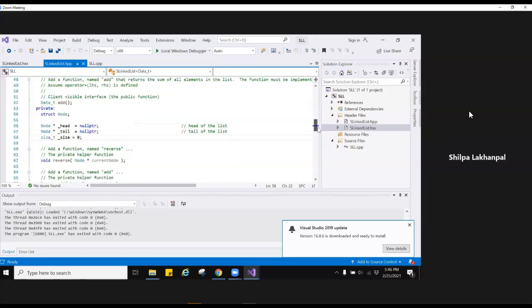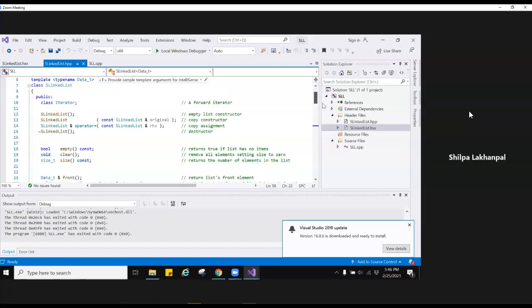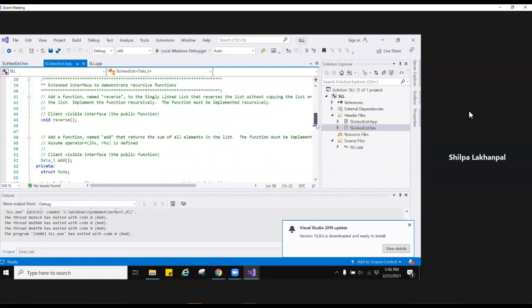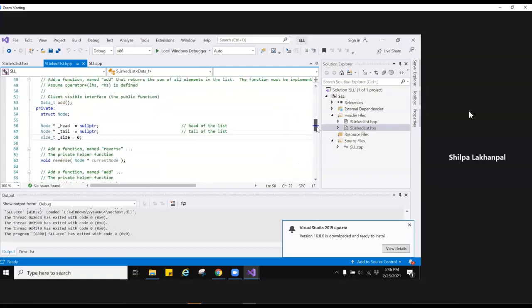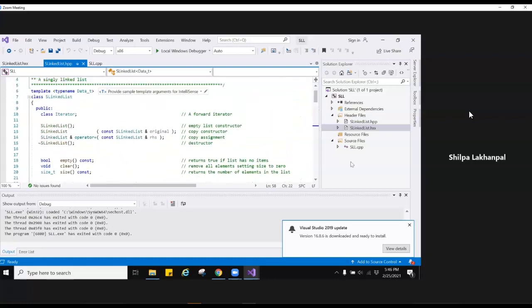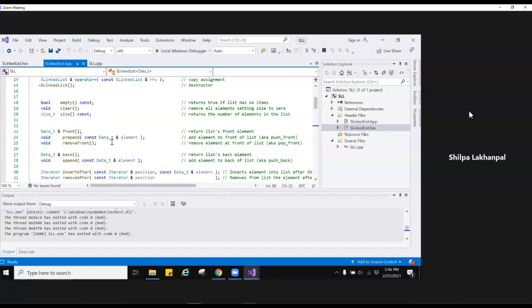If this is our best imitation of the actual standard library class, and we have tried to mirror exactly what that class is doing, then if we inherit, we can add more functionality directly in the S-linked list class over here.